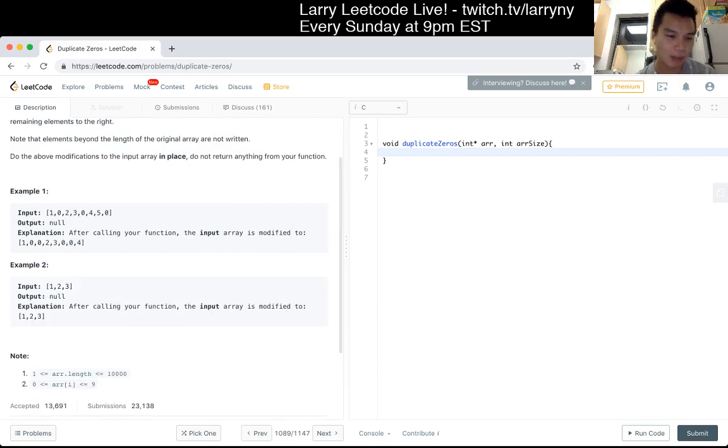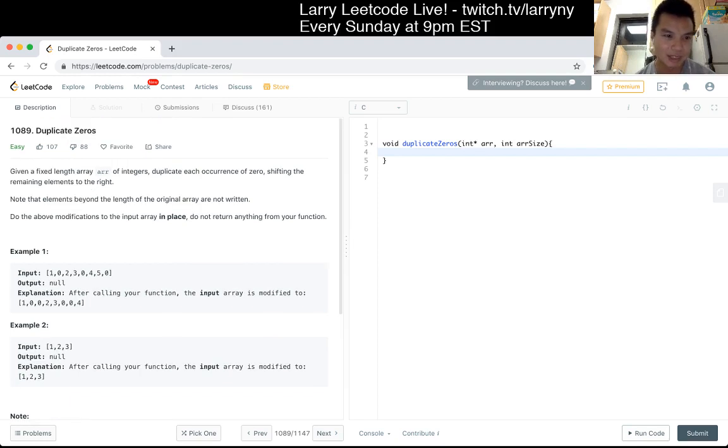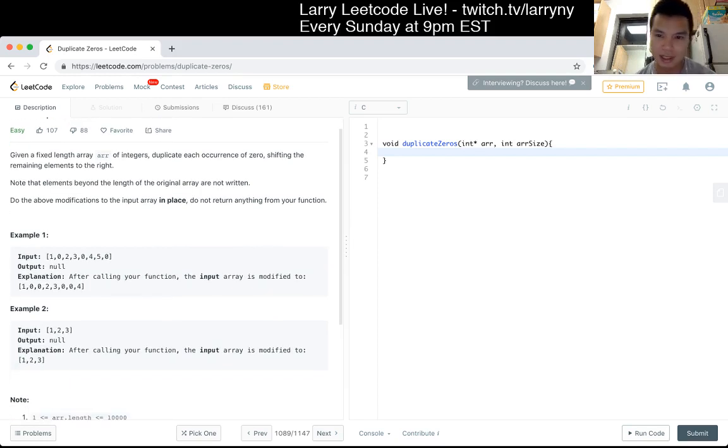I'll use the two finger algorithm, but backwards, so then you can kind of figure it out that way. Is that real? I mean, it is an easy problem, so it should be okay. I guess I could have just done this, but